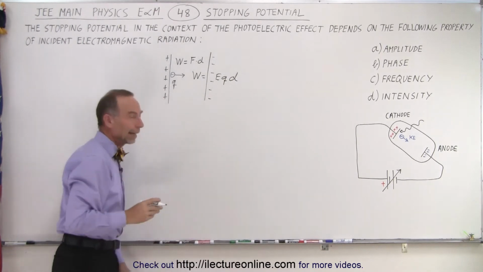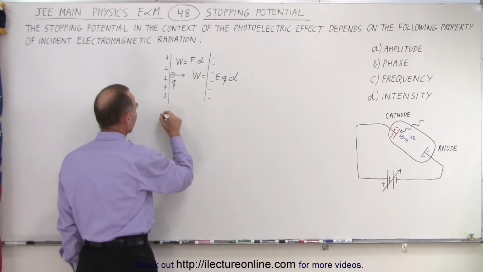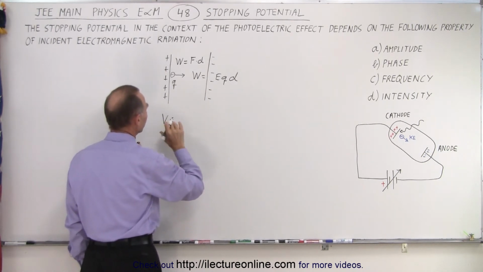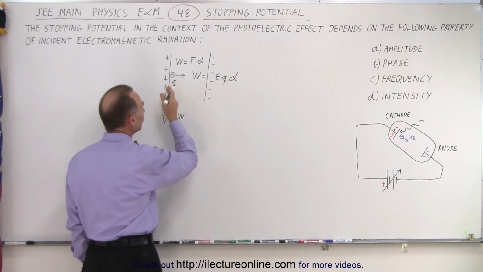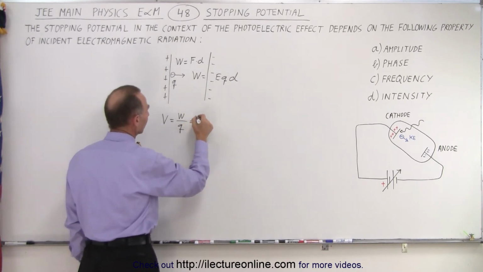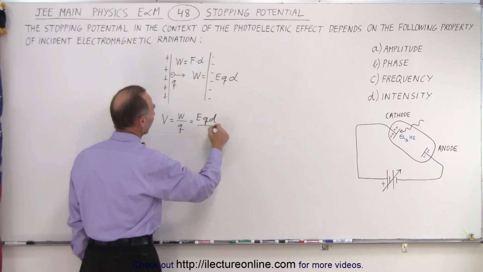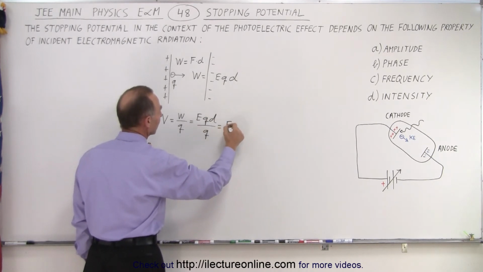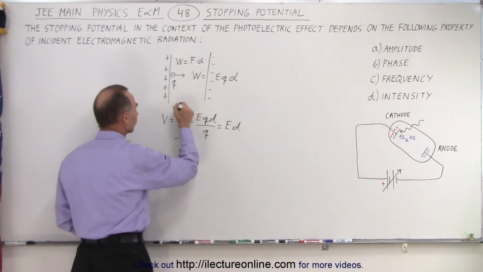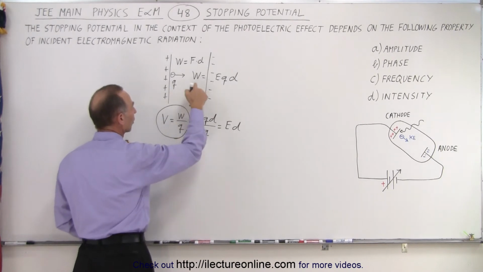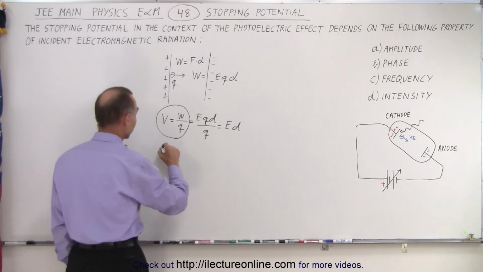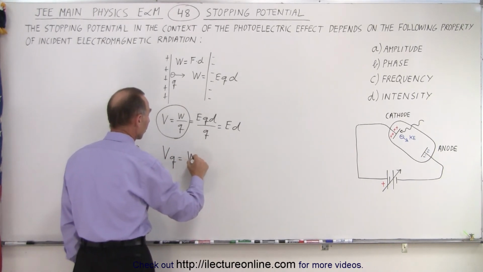times D. And then we also should know that by definition the potential between the two plates is equal to the work that it takes to move something across the plates divided by the charge that we move. And of course in this case that's going to be EQD divided by Q, and since the Q's cancel, that's equal to E times D. But the important part that we need to know for this particular problem is this relationship right here. The amount of work required to move a charge across the two plates divided by the charge equals the potential difference. Or we can say that the voltage times Q is equal to the work it takes to move the